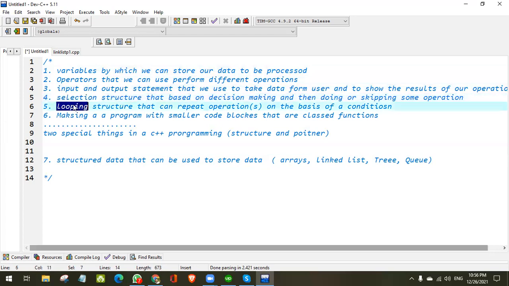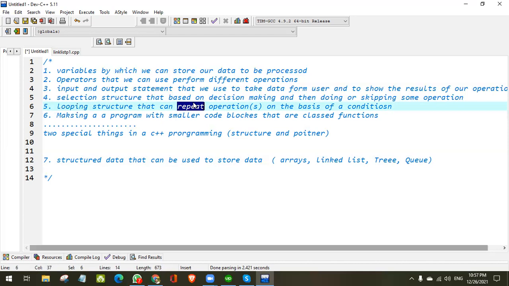And then you have another, the looping structure. For example, continuing the same ATM example, when you have made a successful transaction, it asks you whether you want to continue. If you press Y, it restarts and repeats the operation again.